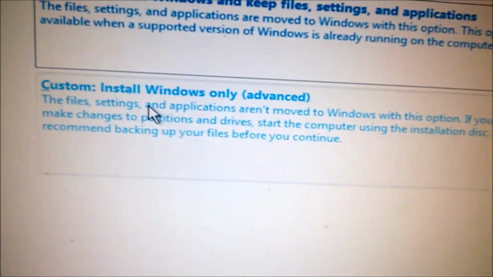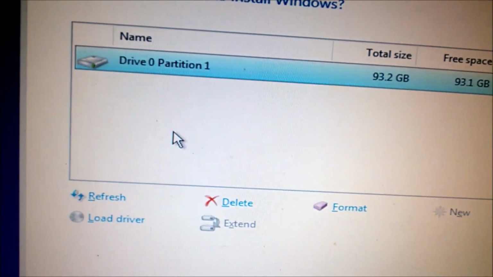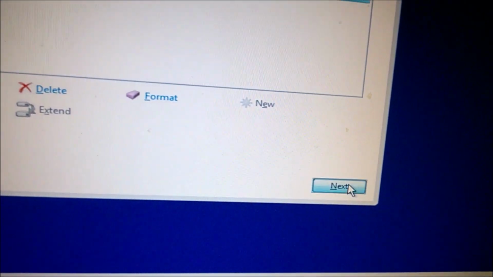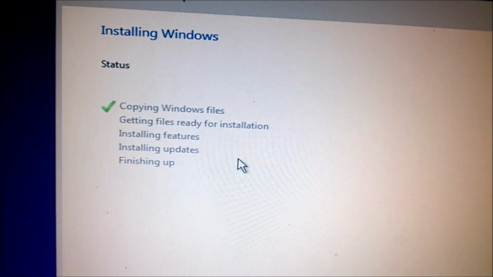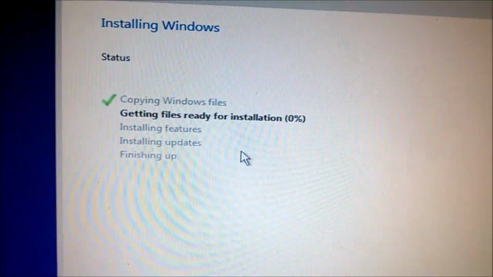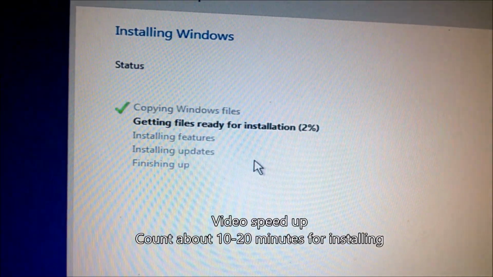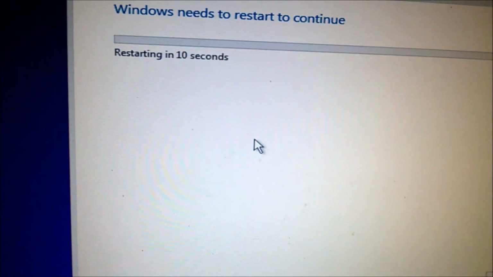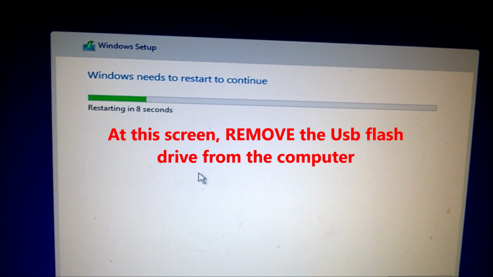Let's try custom install this time. So let's go next, and it starts copying the files. Looks like it's about to finish.